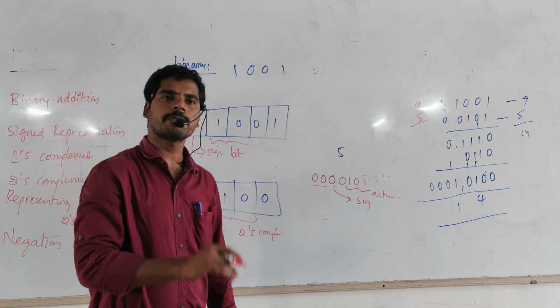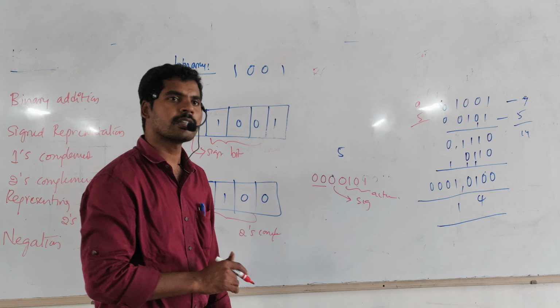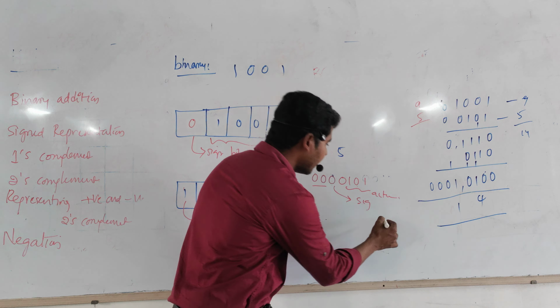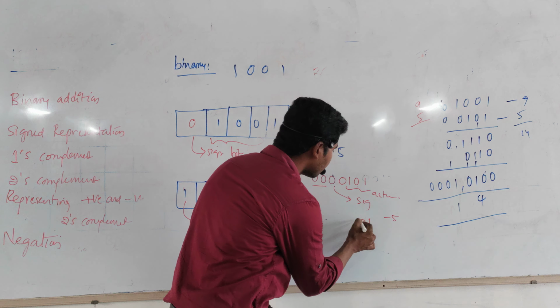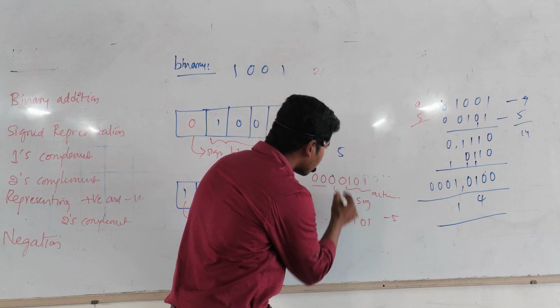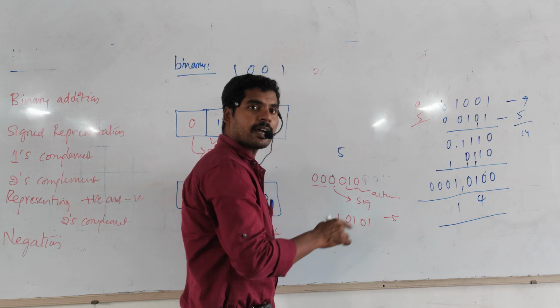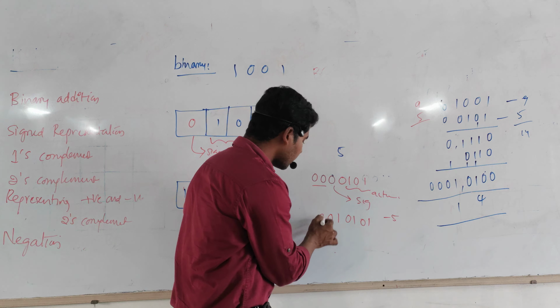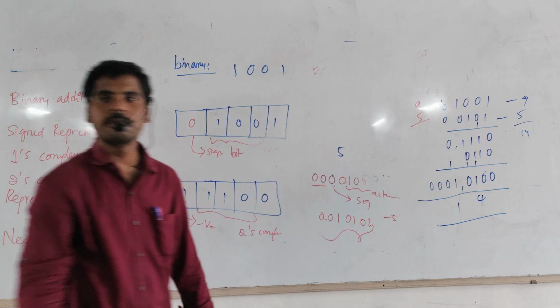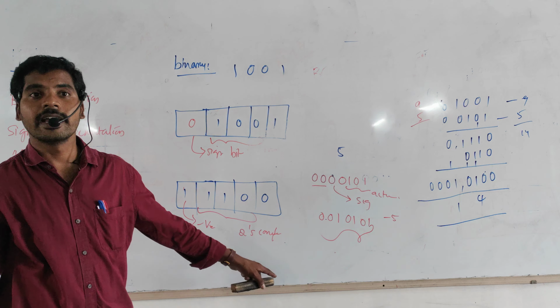Suppose if you want to represent a negative number, what is the consideration? The same 5, -5 can be represented as 1 0 1 0. The sign of the 5 means that we can represent one sign bit, right? The remaining padding can be done with the help of the 2 zeros, right? If you are representing that number, it is a negative number.